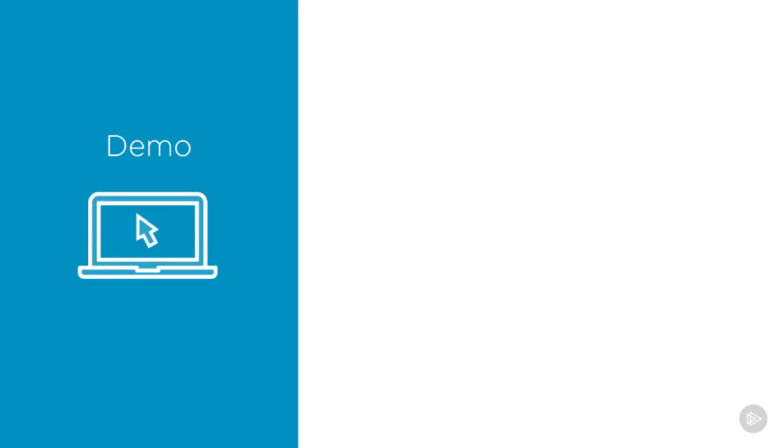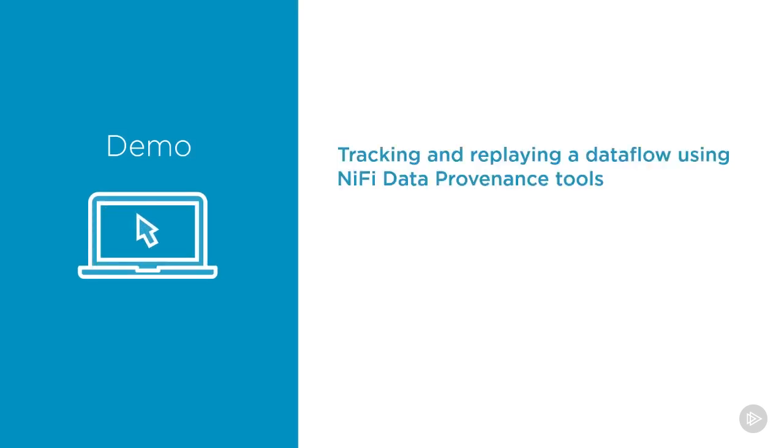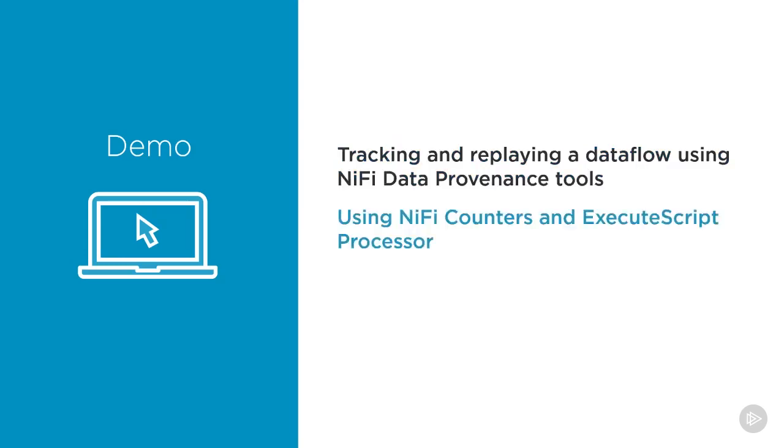In this demo, we will mainly see how to leverage the great data provenance functionalities provided by Apache NiFi. We will explore the data lineage graph and see how to replay a flow file. After that, we will briefly cover the NiFi counters page and its functionality, including the flexibility of execute script processors. And as a closing, we will take a closer look at the bulletin board and how to change logging levels